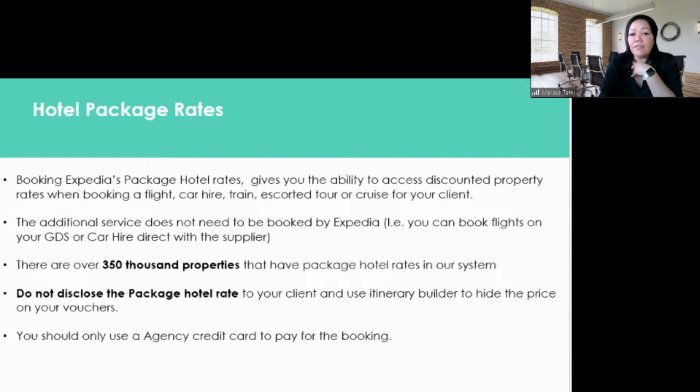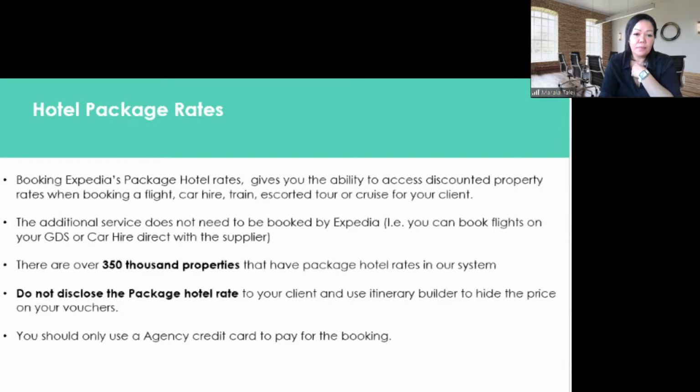You must have a booked flight, car, train, or cruise for the same traveler, but this additional booking does not need to come from Expedia TAAP. For example, you can have a flight booked in your GDS or a car hire direct with the car rental